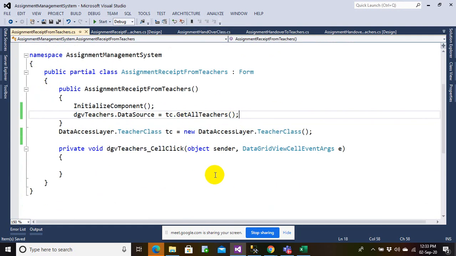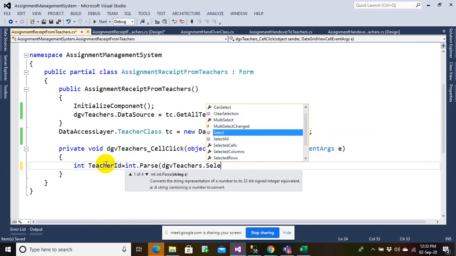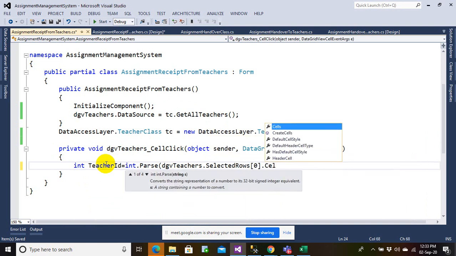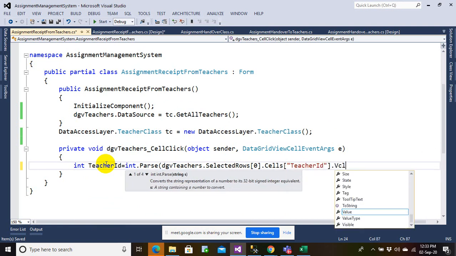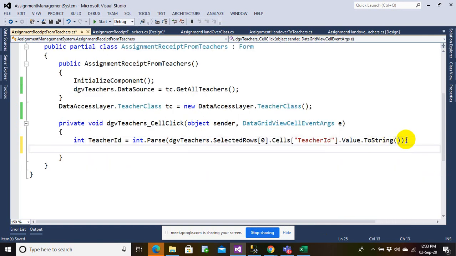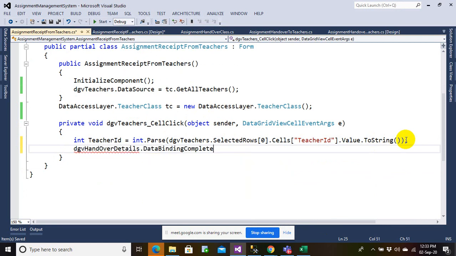Here you go. And when I click on the cell, let me retrieve teacher ID. DGBT, that cells teacher ID. So we did it, we retrieved a teacher ID. Now again, DGB handover details, data source should be equal to